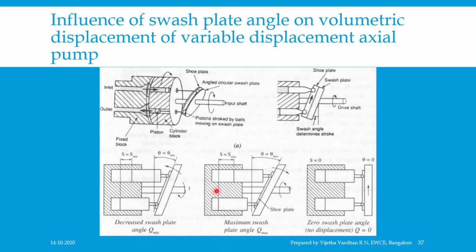Now it can be observed that the larger the swash plate angle, the larger will be the displacement, and the smaller the swash plate angle, the smaller the displacement, and there is zero displacement for the zero angle of inclination. The maximum angle of inclination depends on the diameter of the hole made in the swash plate. Since the swash plate angle can be varied, the displacement varies with it. This is a variable displacement axial piston pump. However, the maximum angle is generally limited to 17.5 degrees for various design considerations.